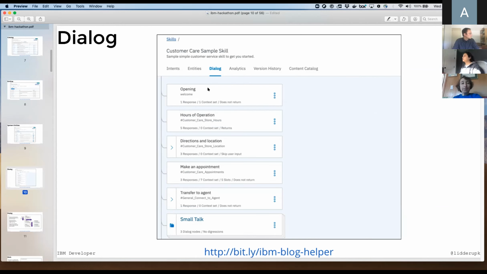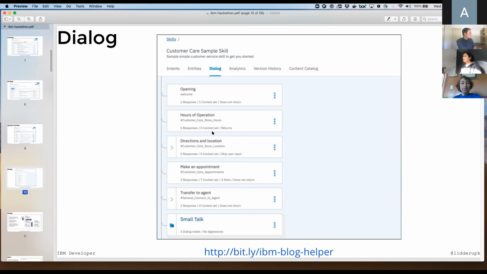For example, you might want to open with a welcoming message like hello, good morning, greetings, welcome to XYZ service. Then if somebody asks about hours of operation, like when are you open, you want to set up a dialogue for that intent: how should the bot respond?